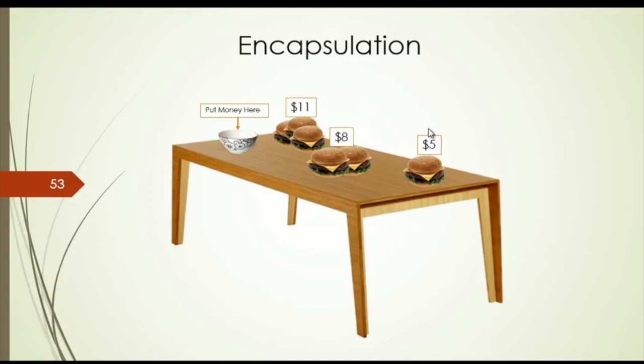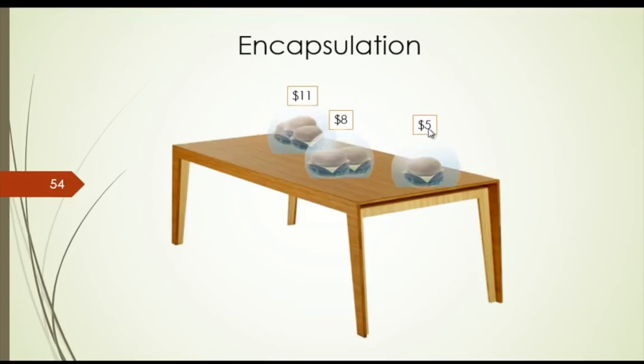So what do you think happens in real life? Most people are not going to pay the exact money. Some may pay, but this is not really a good practice. You cannot run your business like that. You really don't have a guarantee that you are getting the exact money that you asked for. So that's really a problem. So what can you do to solve this problem? What you can do is box those or encapsulate those in terms of programming